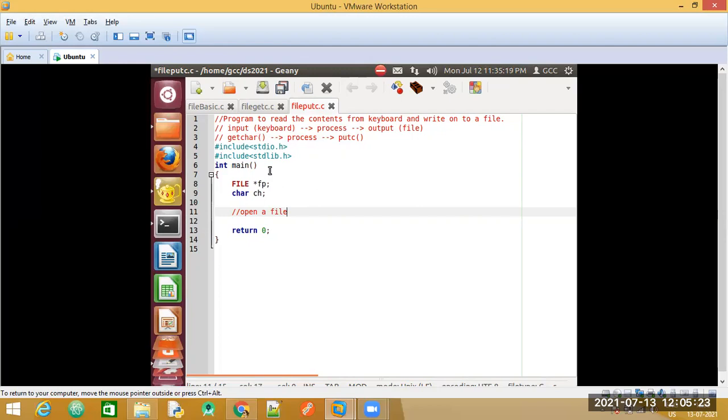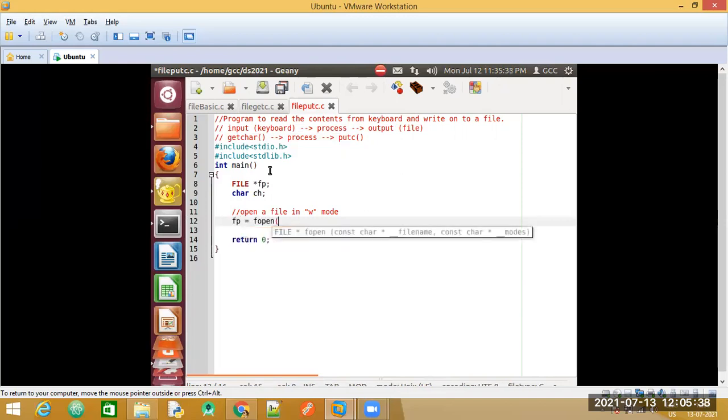So in the comments I have written, open the file in write mode. The write mode is indicated by the letter W. So we'll make use of the file pointer and the fopen function. Now let me create a file. Let the file name be output.txt and the mode will be W.